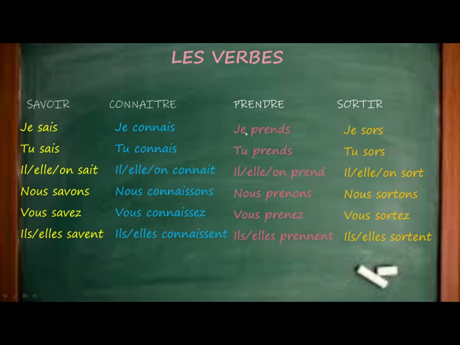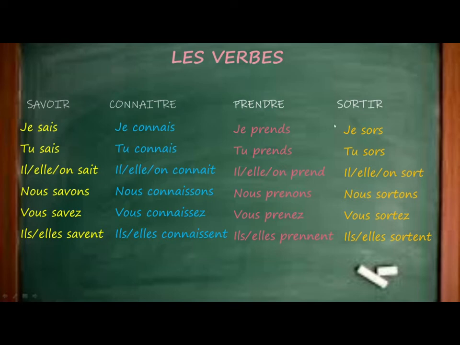Also in this lesson, the verb prendre plays an important role in the exercise with the article partitif. For example, je prends de l'eau, je prends du pain, je prends des nans, je prends des rôtis, and so on. In order to order in a restaurant, we can use the verb prendre.